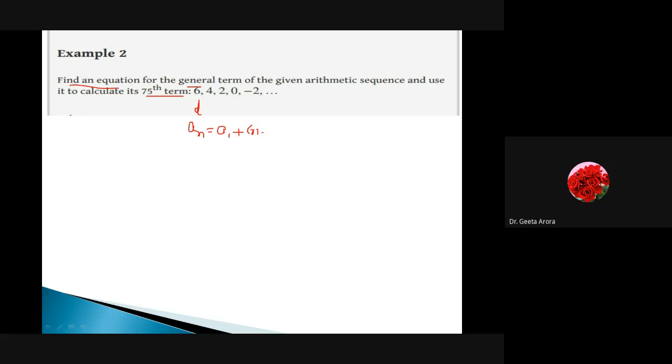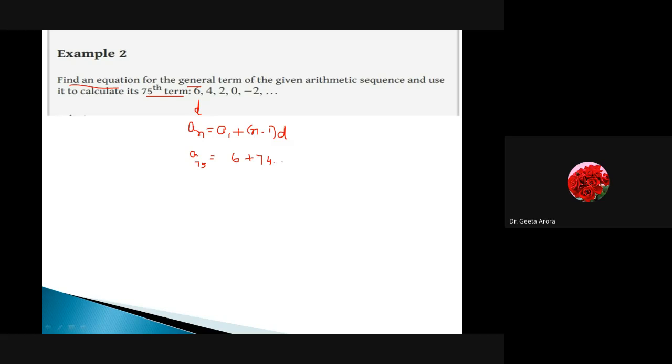I'm waiting for an answer. So till the time I have started calculating, you also have to do it and write down in the chat box, please. Here, let us see. We are calculating the 75th term. Better take your pen and paper and start working on it. I'm just working slowly so that you can let me know the answer first. If we talk about a75, then a75 is a1, which is 6, our initial term, plus n minus 1, that is 75 minus 1, 74, into d.